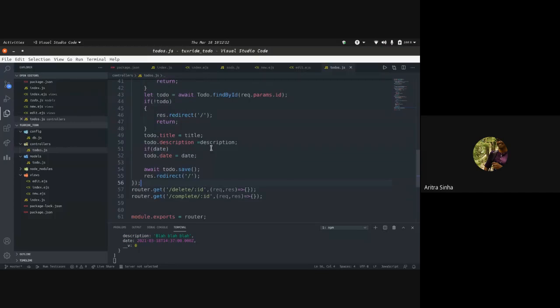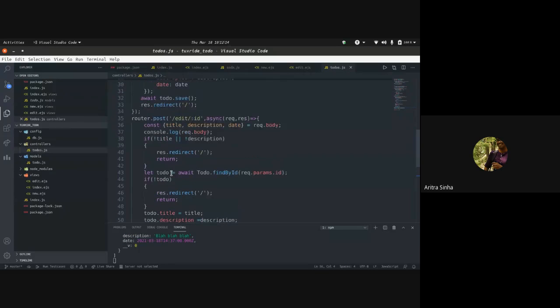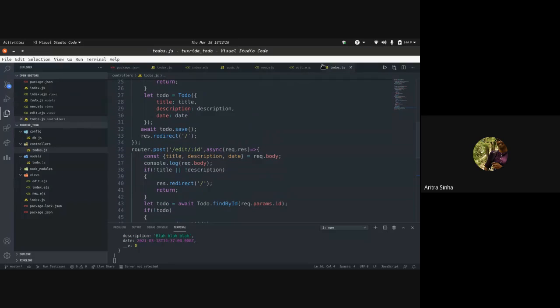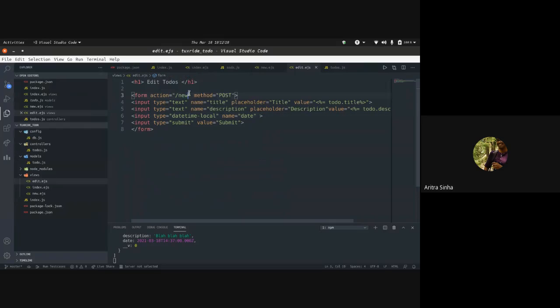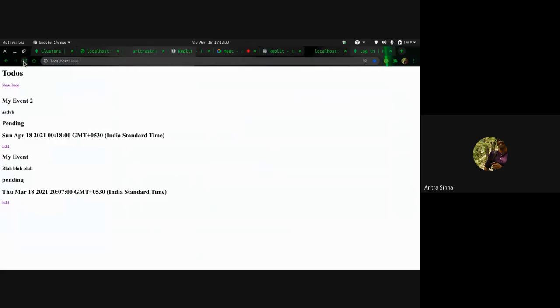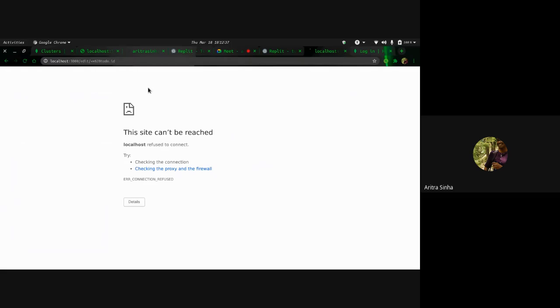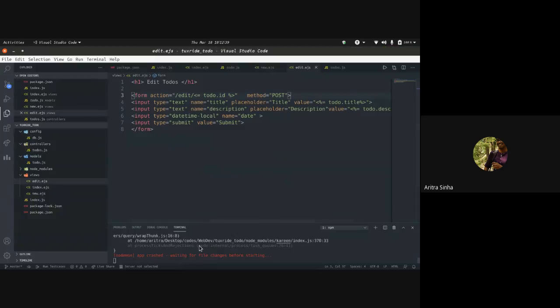Okay, let me just see why. Okay, I got it. I have to change it to edit slash percentage equal to todo.id to make it work. Fine. Hopefully this will work now. Cool. I'll press, some error again.